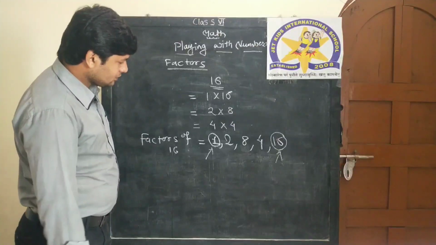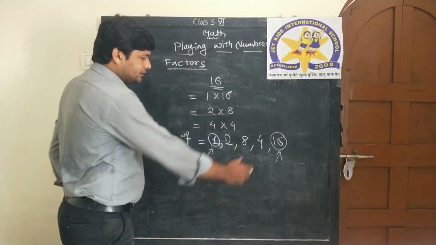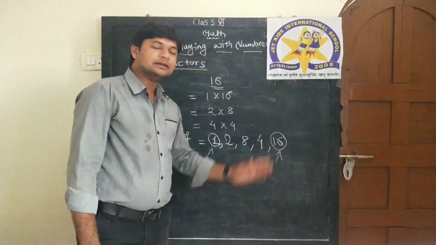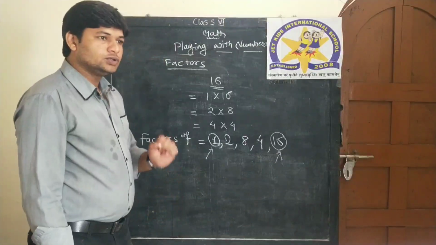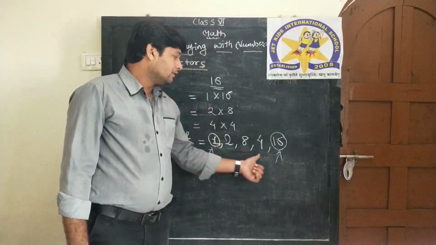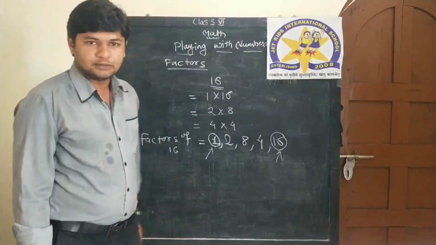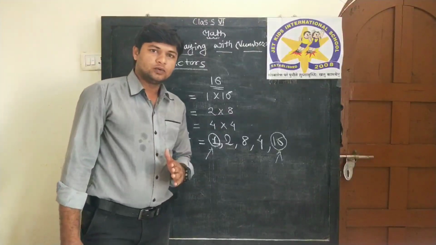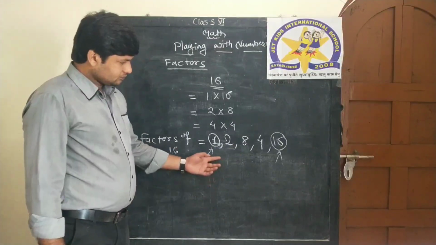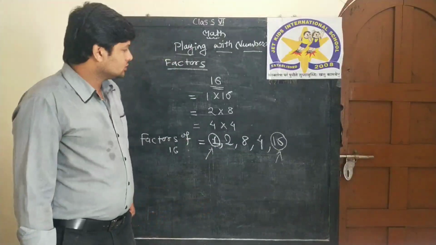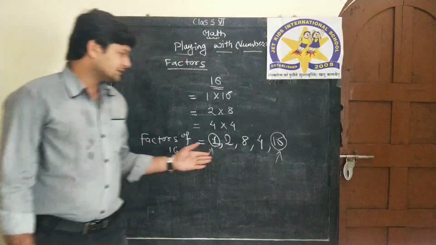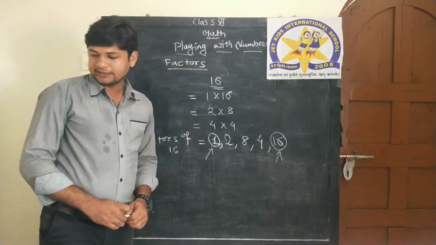Now the fourth. If you want to find factors, you need to find the exact divisors of that number. The exact divisors of the given number will be the factors of the given number. Clear? Hope you are understanding what I am telling you. So this is how you are going to find factors. Clear? So we will take some examples for better understanding. First take a snap of it or just clear everything.